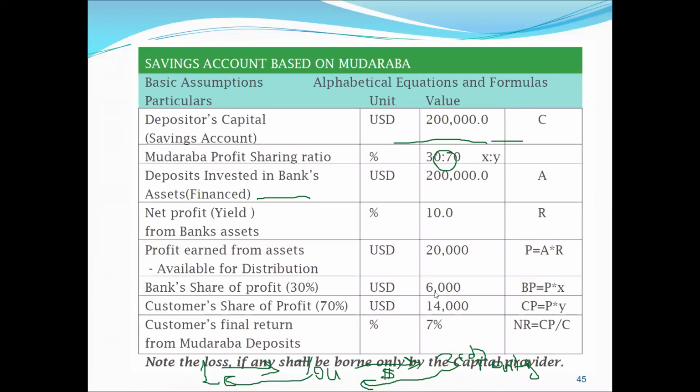There's 14,000 generated. Yes. Is the net profit margin known in advance or not? No. The net profit is not known in advance. It cannot be known. You don't know how much money you can earn from a specific project. It's just an example given here that they realize 10% of profit from the amount. Of course, it's risky. This is what it is actually about, sharing the risk and sharing the profit.